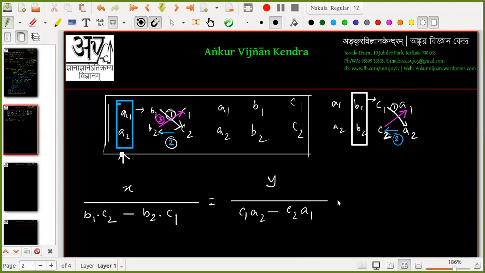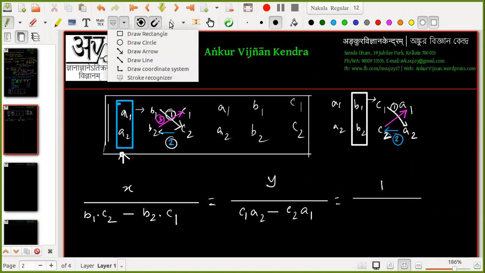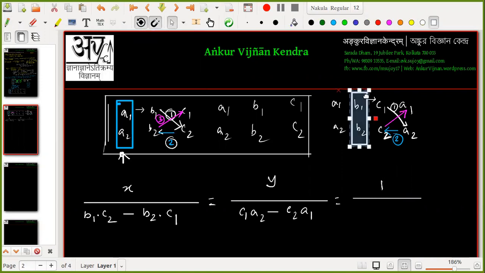Done. Now what do we have? We have the constant term. Just now I mentioned how we will represent this constant. This constant we are going to represent by this 1. So 1 by, now what will we require? We will require to shift this B1, B2 window to the C1, C2 position. So if we are shifting to the C1, C2 position, then after C1, C2, who is coming? A1, A2, followed by another B1, B2.